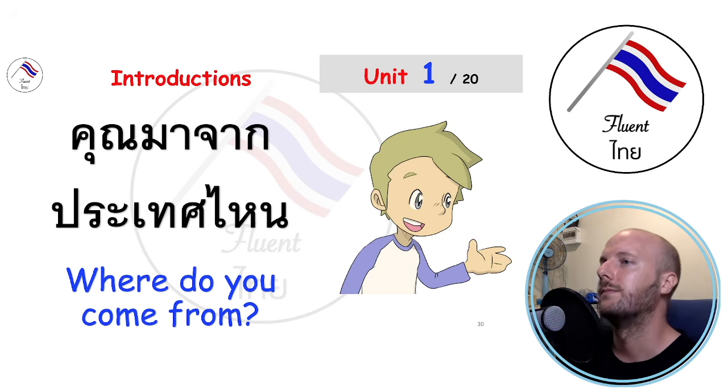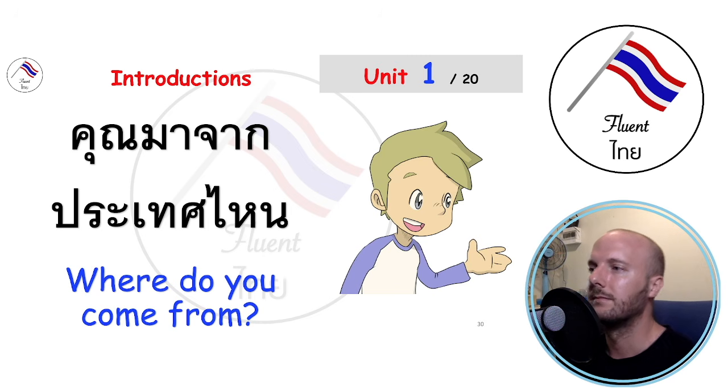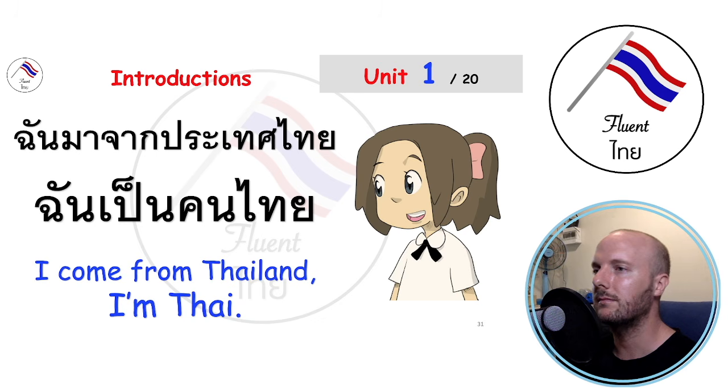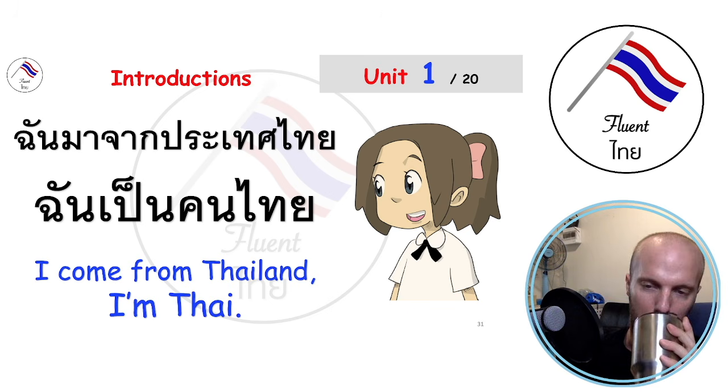Where do you come from? คุณมาจากประเทศไหนครับ I come from Thailand. I'm Thai. ฉันมาจากประเทศไทย ฉันเป็นคนไทยค่ะ It's kind of weird for me to say the word ค่ะ because it's the woman particle, but anyway, one more time. ฉันมาจากประเทศไทยค่ะ ฉันเป็นคนไทยค่ะ